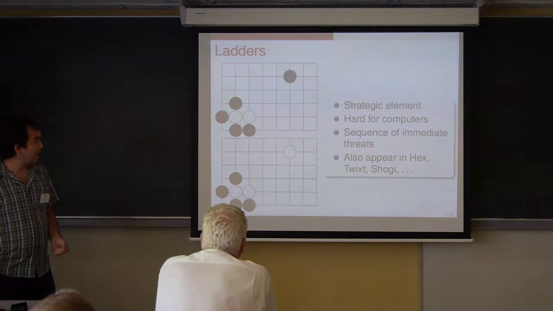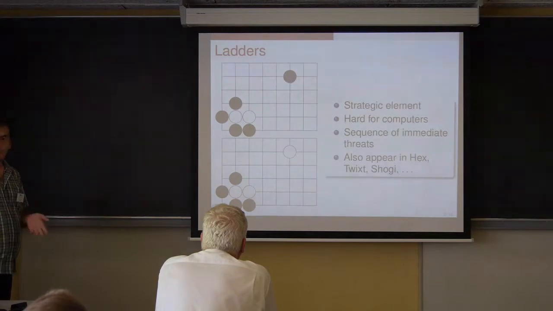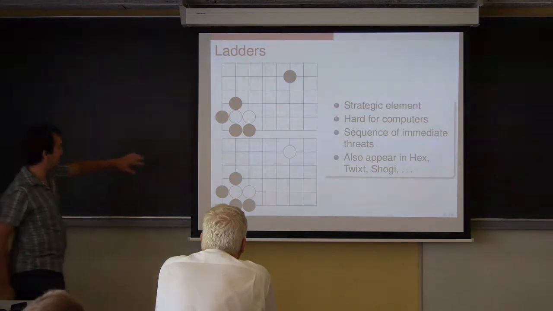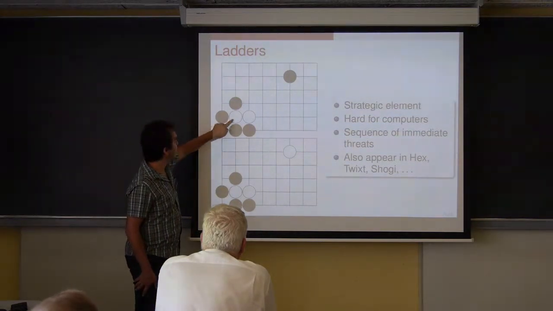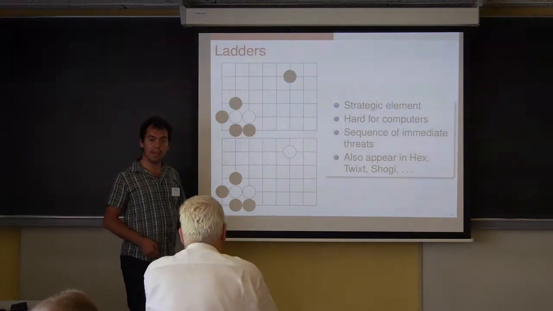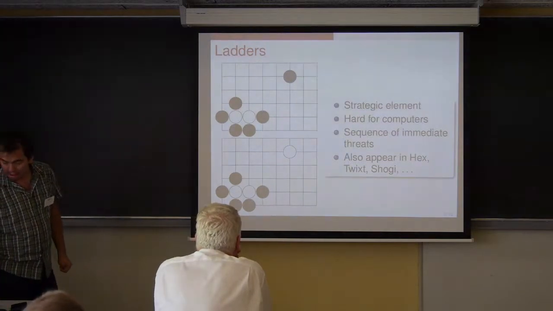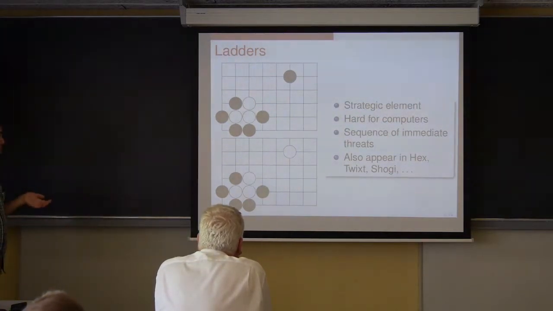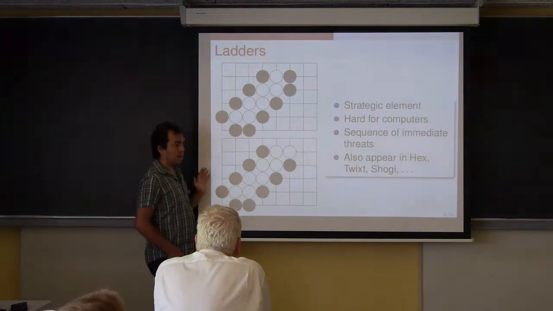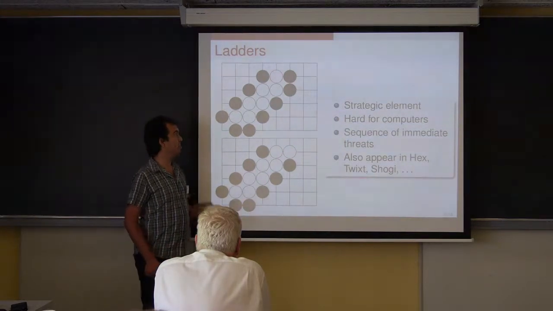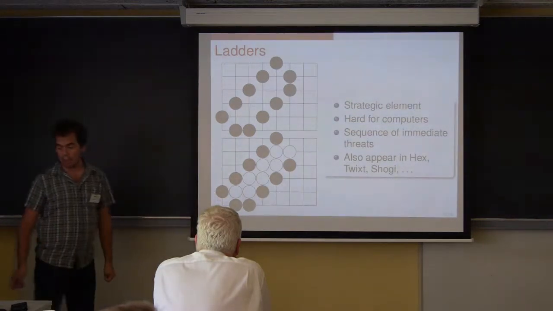And this is a difficult thing for computers to realize when it's just based around a simple MCTS or Monte Carlo tree search. So imagine the two situations like this. It's black's turn to play. This group has two liberties, and if black plays here, it will force white to defend by extending on top. Then black can force and take one more liberty, one more, up until the stone that was on the diagonal comes into play. If it was a black stone, then black captures. If it was a white stone, then it allows white to escape.